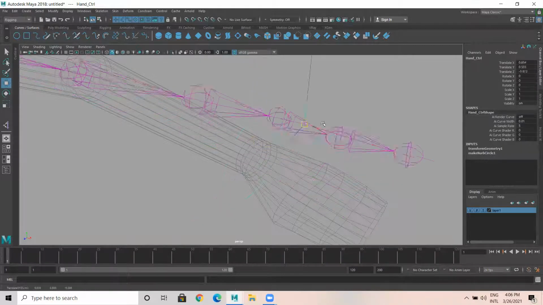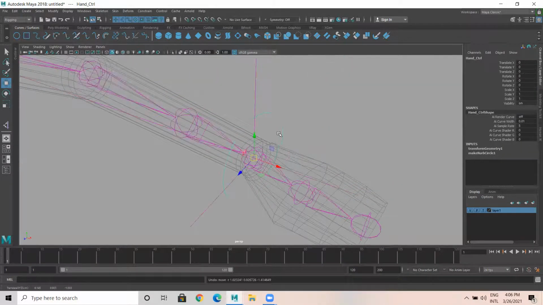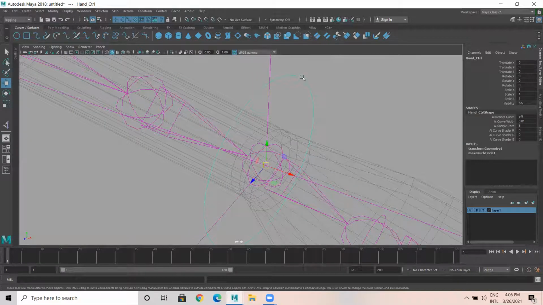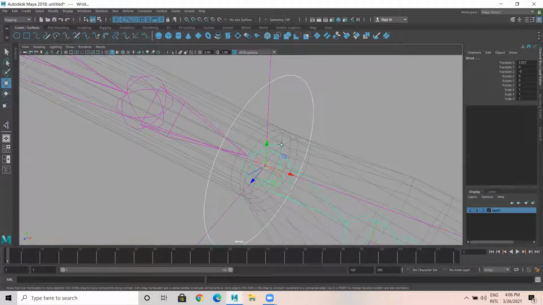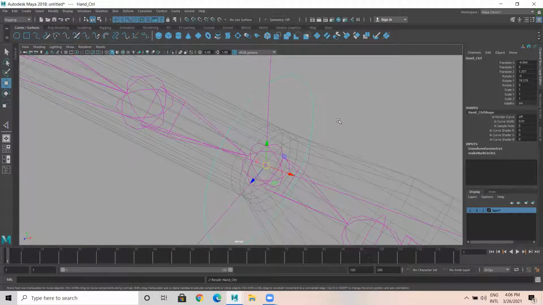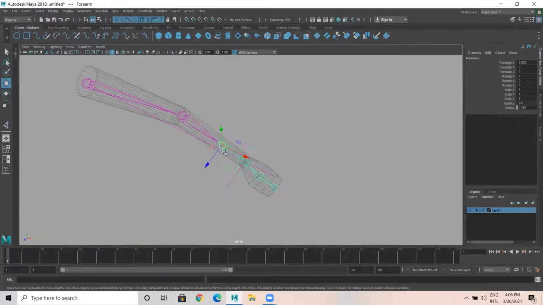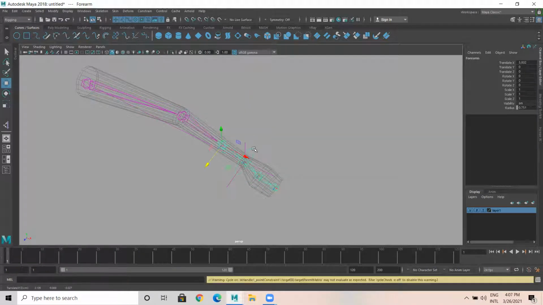Select this curve next. Next point. I want the curve to be a child of this particular wrist joint. Select the curve, select this wrist joint, P for parenting. Select the curve, select the wrist joint, parent. So whenever my curve goes, the joint goes, the parent also goes like that.